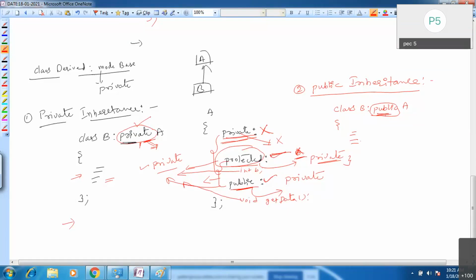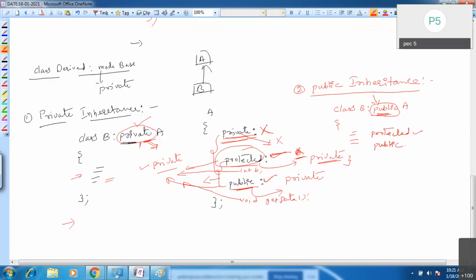If I use this public keyword here, whatever members you have in class A, all members you can access now. Same, all members means private members are always not accessible, protected members will become protected and public members will become public.